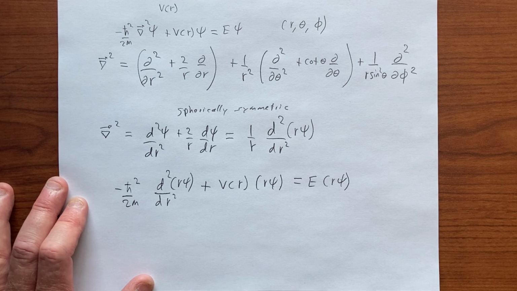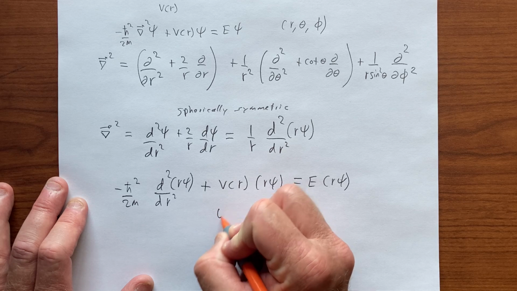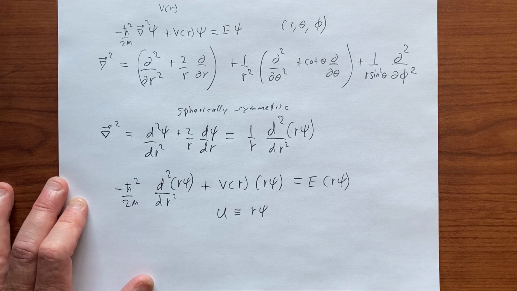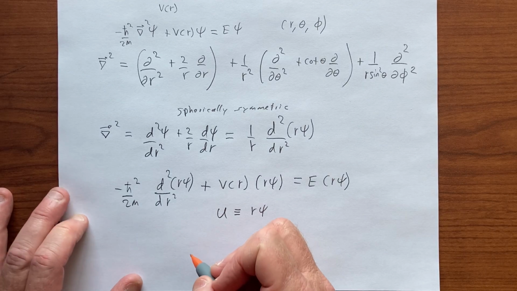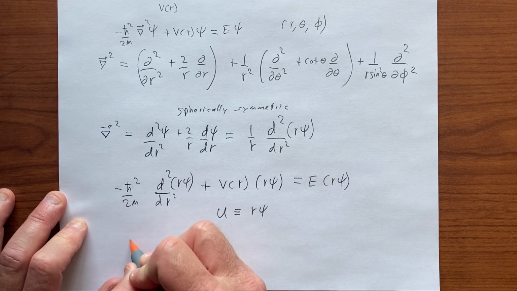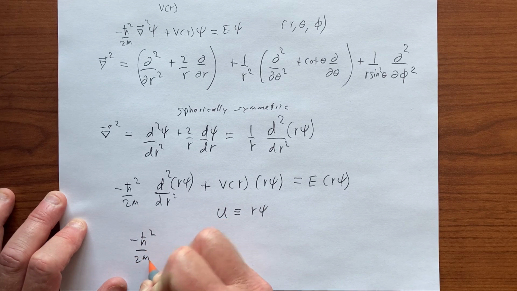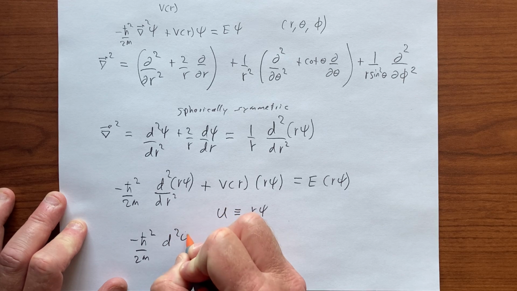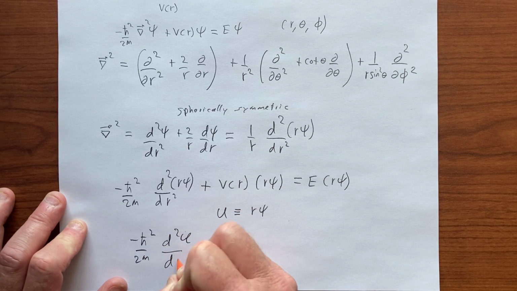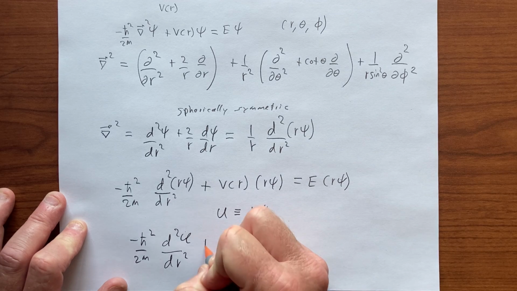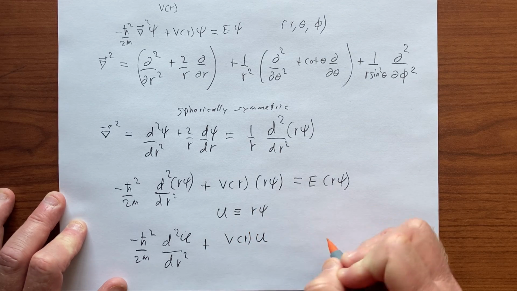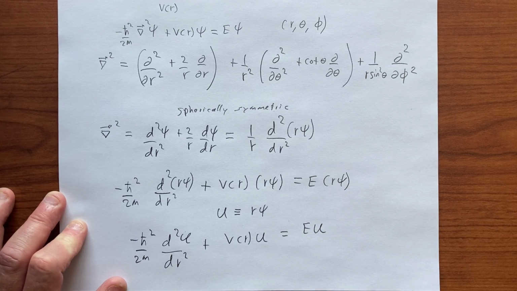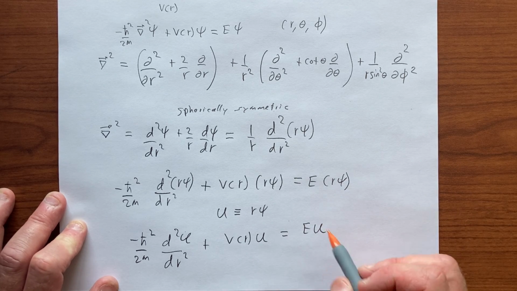And normally the function r psi is defined as u. And so this looks like an equation for this u function. The reason we write it in terms of this u function is that we're familiar with the equation for u. So we have two derivatives in r of u plus potential times u is equal to E times u. And we can use our one-dimensional techniques